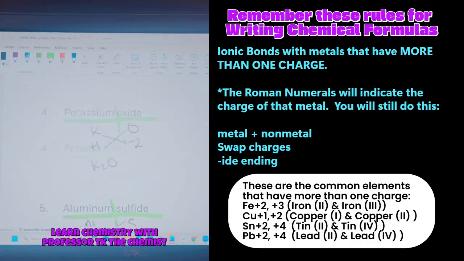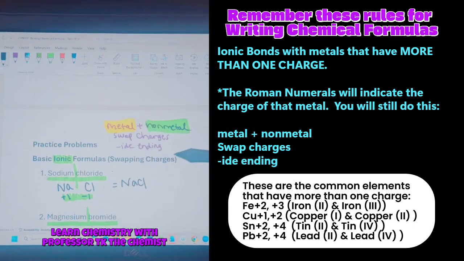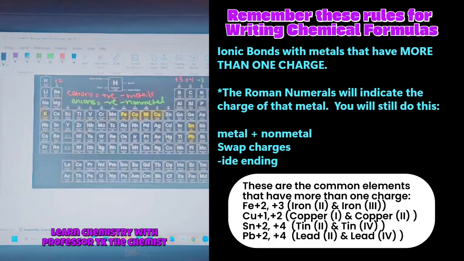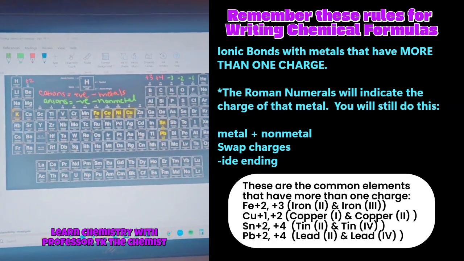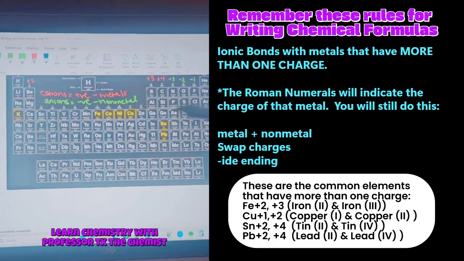So that way you'll know if we're dealing with metal and nonmetals, ionic compounds, you swap the charges. The ending is IDE. Yes, when it's a Roman numeral, we always assume it's a positive charge. Absolutely. And here's why. Those Roman numerals are found right here. You see how I highlighted them? And this is just some of them, not all of them. And what I did right here was